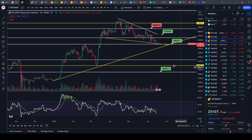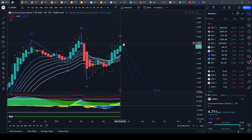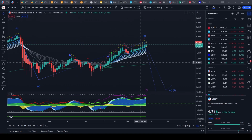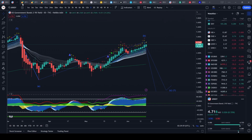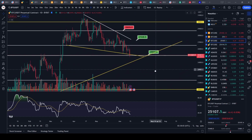And I was just looking at the 2-year yields just now, and it is definitely looking bullish for yields at the moment. So we could very well keep going higher, just like the Qs, except in the 2-year yield this time. And we'll get into some of the analysis and yields in just one moment, but let's cover Bitcoin first, because